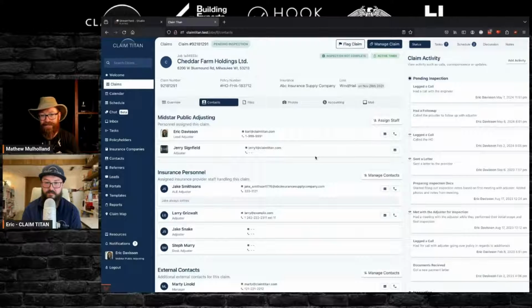One, I put it into the claim activity, but I also went directly to the insurance company's contact and I put it directly in there. And then I went to the adjuster's contact and I put it in there. Now, I didn't have to write the same note 3 times. I can copy paste, but it's there in all of those places. And so I have access to that really quick. On top of that,